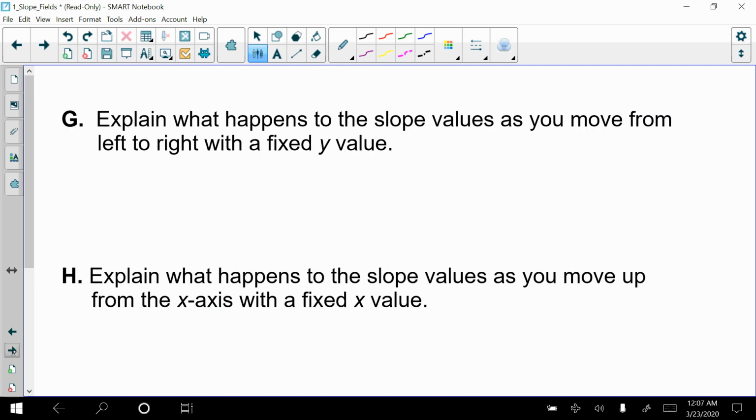Now what we're going to do is change gears a little bit after I fill in these last little bits here, and explain what happens to the slope values as you move left to right with a fixed y value. So here I'm not going to be as descriptive as I probably would on my own paper. As x increases, and I can't spell, I keep wanting to write a G for some reason. As x increases, dy/dx will decrease,